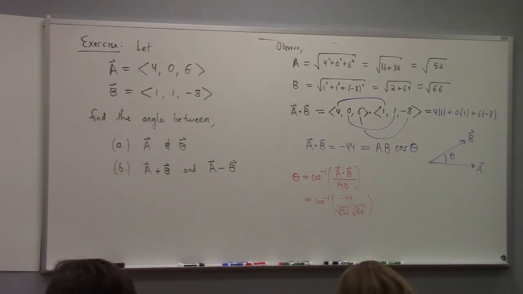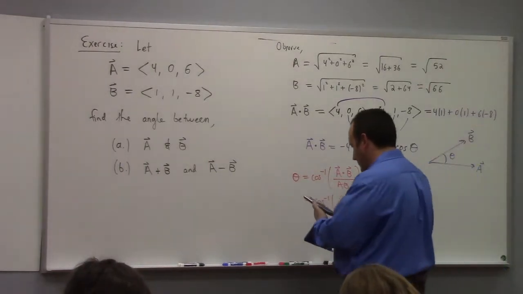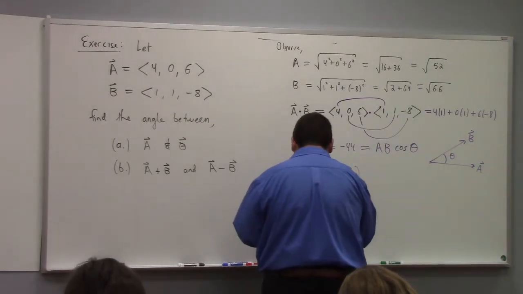Let's see here, divided by, I need myself a square root of 52 times 66. All right, if I did this right, my calculation is that that angle